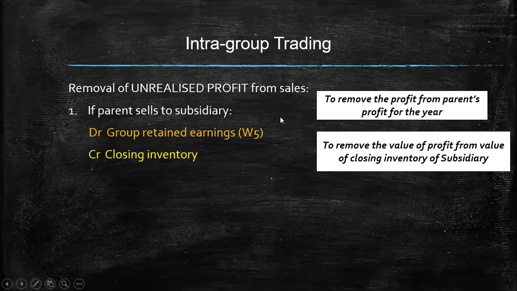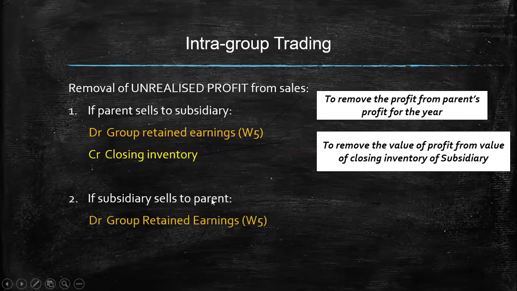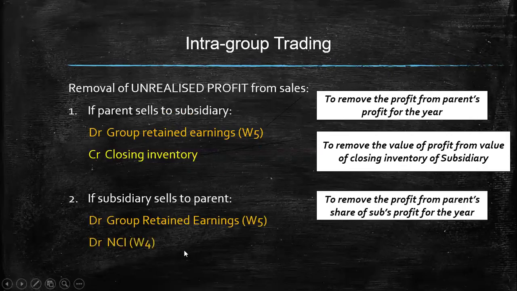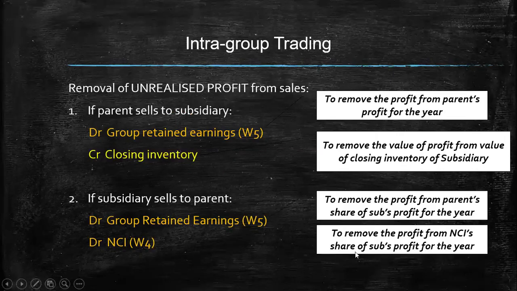And we have to find this extra value, and we have to exclude this from the value of closing inventory as well. If subsidiary is selling to parent, then the profit is in the subsidiary's accounts. So in that case, we have to divide this profit between the parent and the NCI, and we have to debit the parent's share of the profit from group retained earnings, and we have to debit the NCI with the NCI share of unrealized profit in the NCI calculation in the NCI account. And then we have to credit the closing inventory account, again because we have to take out this extra profit value from the closing inventory